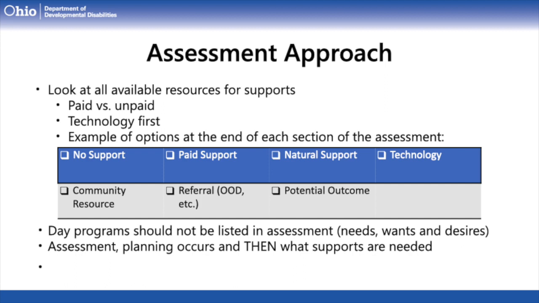So now we're at the end of the Ohio ISP assessment sections. We're done exploring and discovering, and now we need to have a plan. But what does the Ohio ISP do with all that wonderful and rich information we just put into the system?